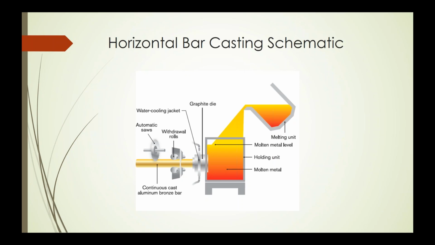It can be a hex. It can be whatever you need it to be. It can be fluted. A lot of aluminum bronze and nickel aluminum bronze are used in a variety of applications where wear and toughness are necessary. They're also very good in seawater corrosion applications. In any event,